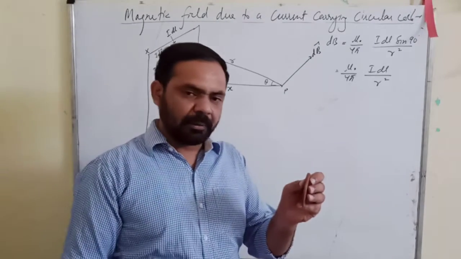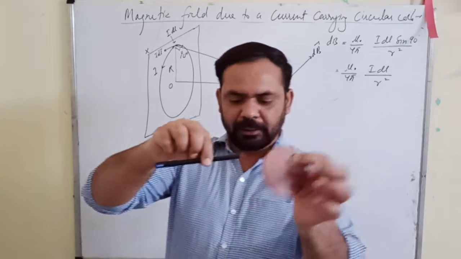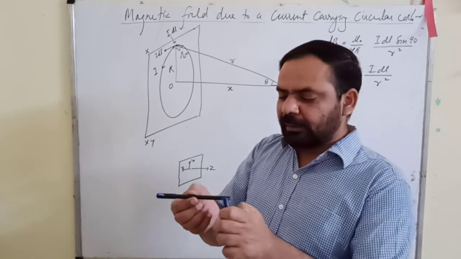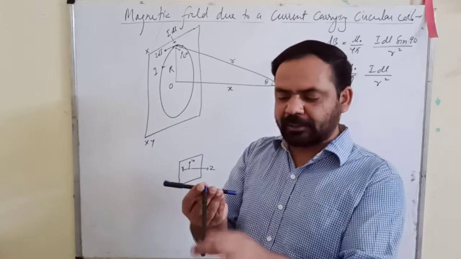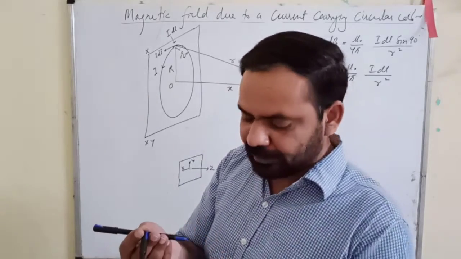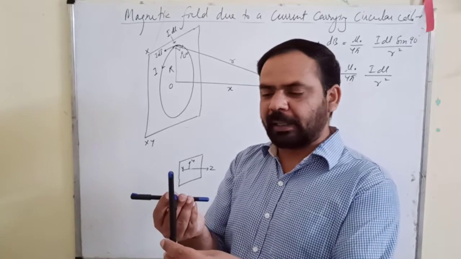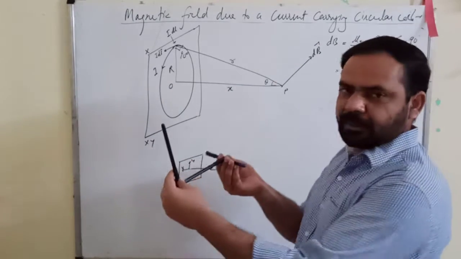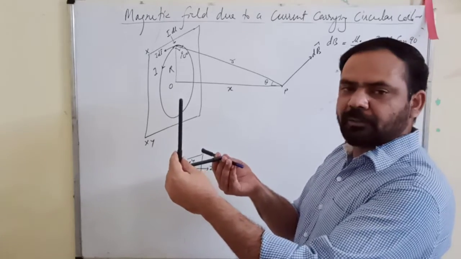Once again, I would like to repeat here. This was your coil. This is the direction of I dL. Now I remove this. This is the direction of I dL. The current is moving along x. This is your r vector, perpendicular to I dL, perpendicular to x. So it must be in z direction. So what will be the direction of dB vector? It will be perpendicular to both, that means y axis. If this is x, this direction is z, then this upward direction will be y.